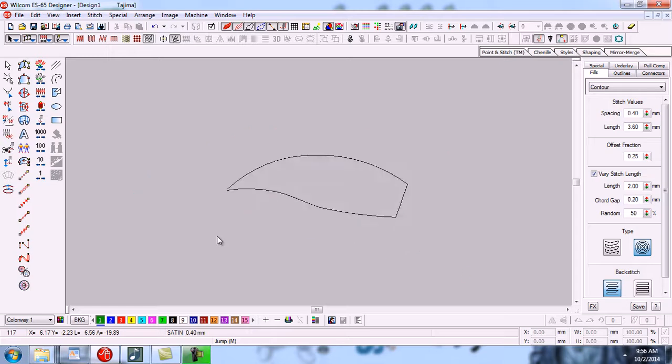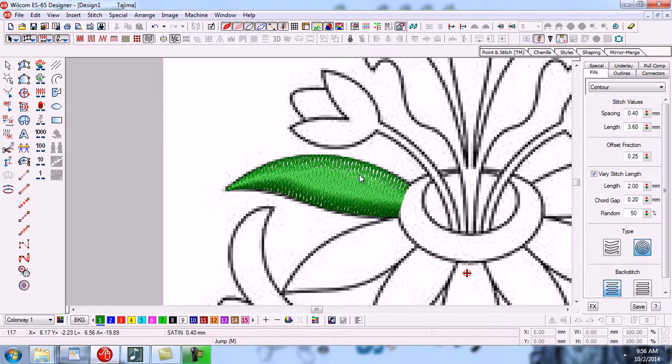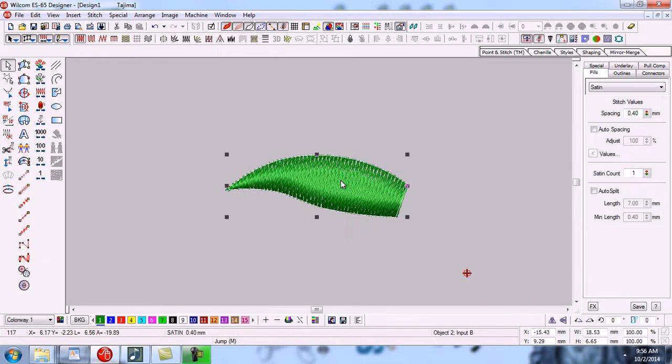Now here you have to learn one more thing: if your object size is so large, it cannot be made in certain values.